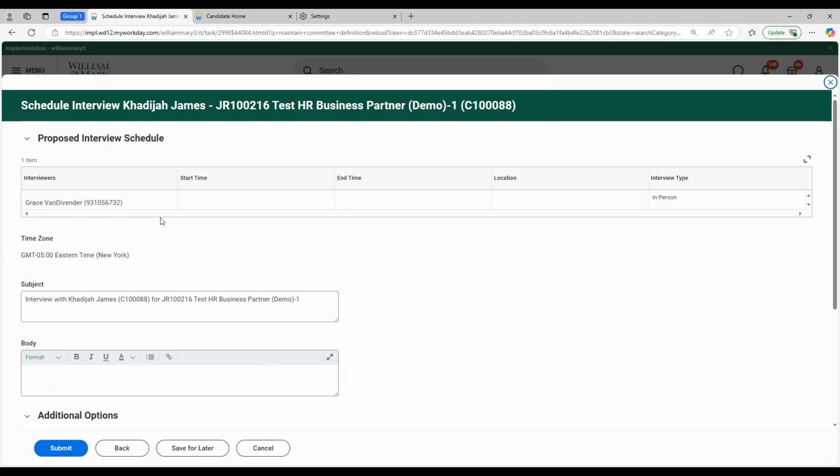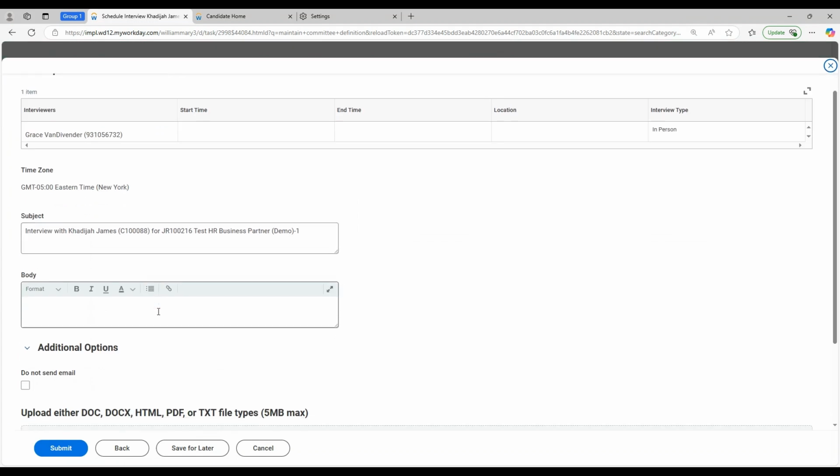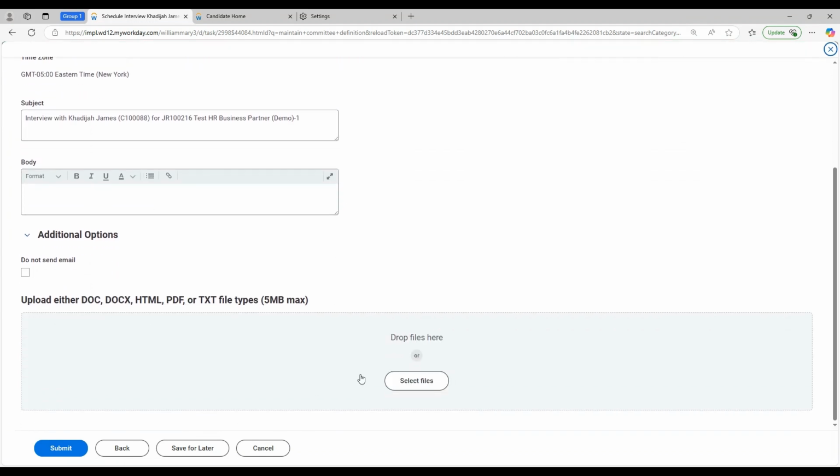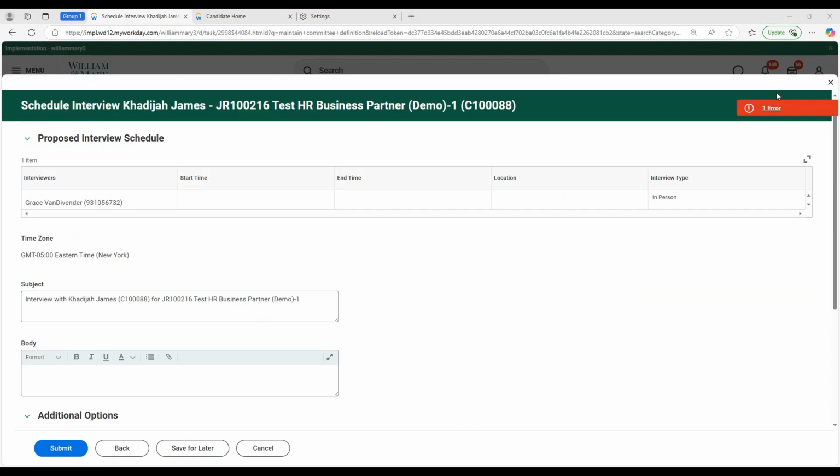Okay, and so we have the information here. We're at Grace in person in the interview for the position. If we wanted to upload information here, we could do so. And you'll see that there's an error message here, and that error message is because we did not actually put the information on the time of the interview. So let's go back,